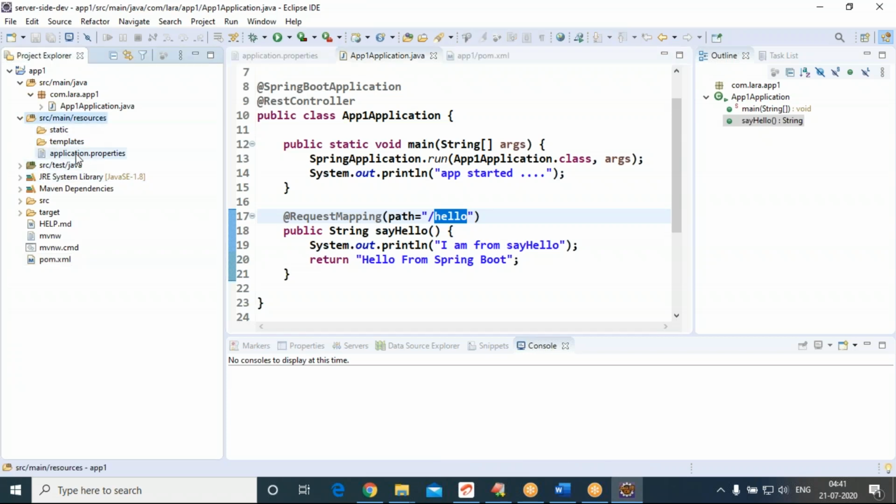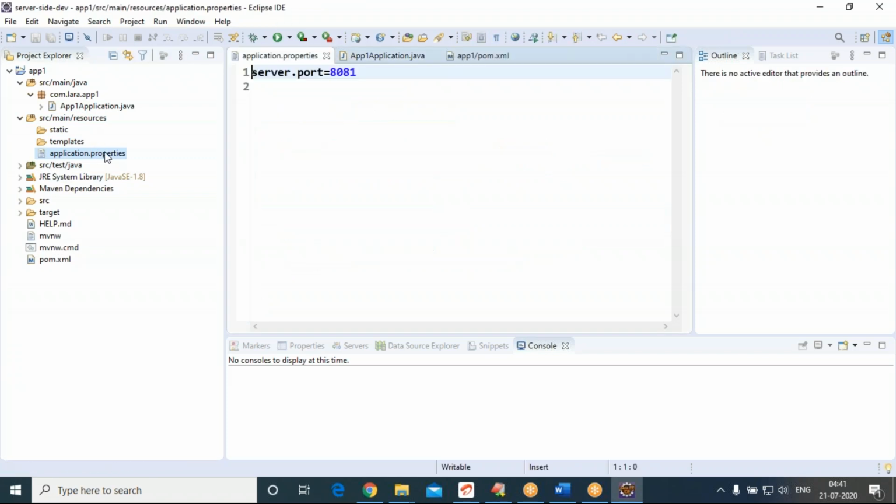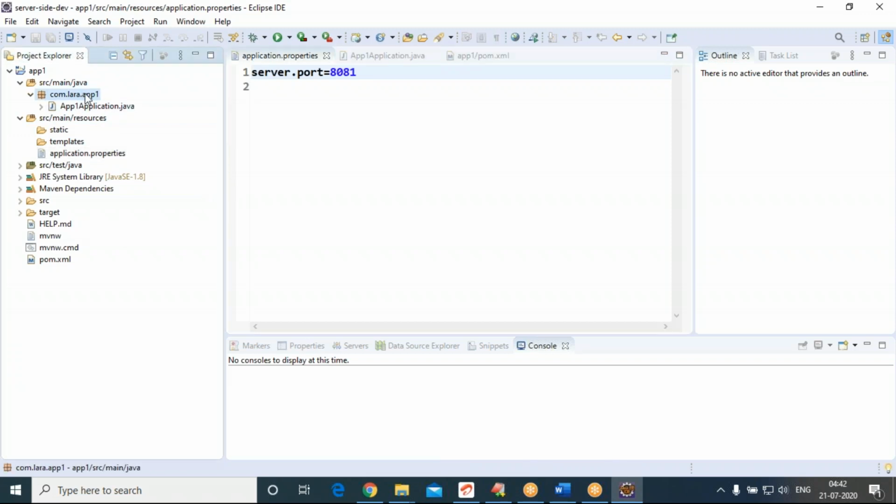In the same project, we observed the second very important one is application.properties. Under application.properties, we keep some kind of application-specific configuration. Then the third location, Java, com.lara package name. Inside that, there is a default file.